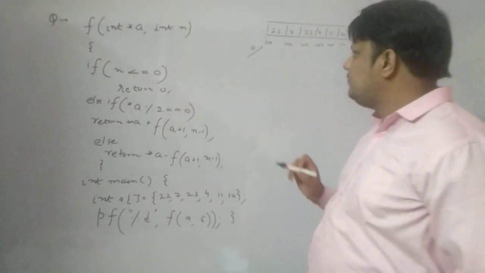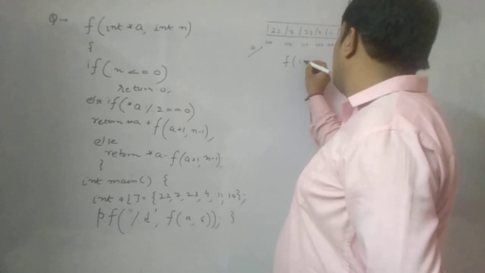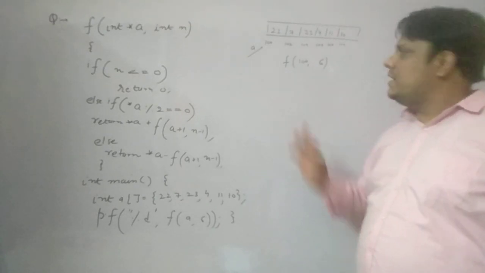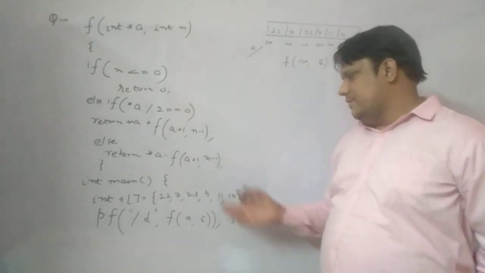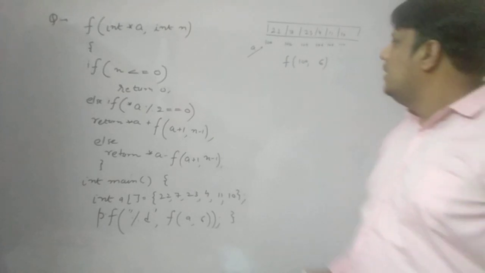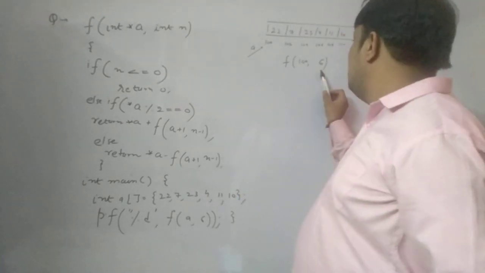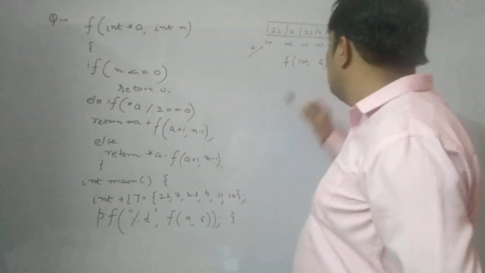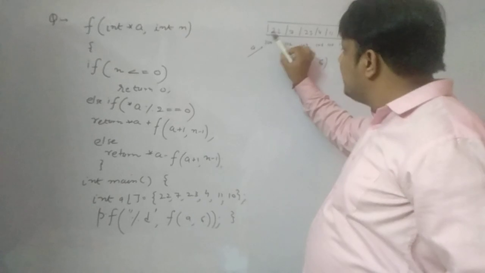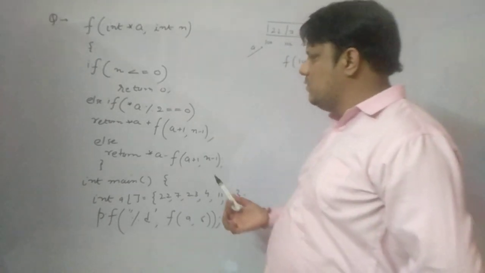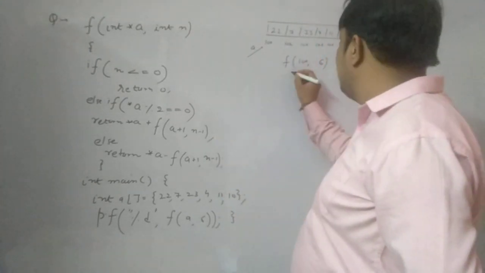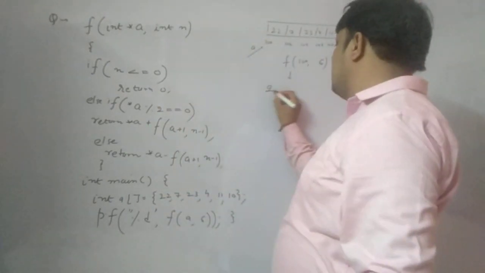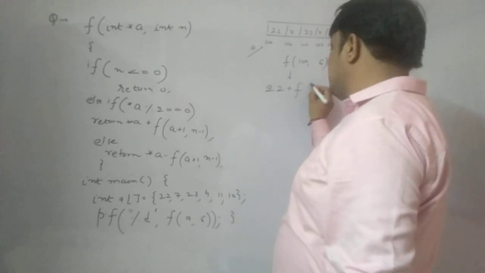Fine, right? So we are entering with f(100, 6), where 100 is the base address of the array and 6 is the number of elements in the array. Now if n less than or equal to 0, value of n is 6, condition is false. Else if *a % 2, since a is pointing to 100, *a is 22, 22 % 2 is 0. So the condition is true, so what are you returning? Returning *a, which is 22, plus f(a+1